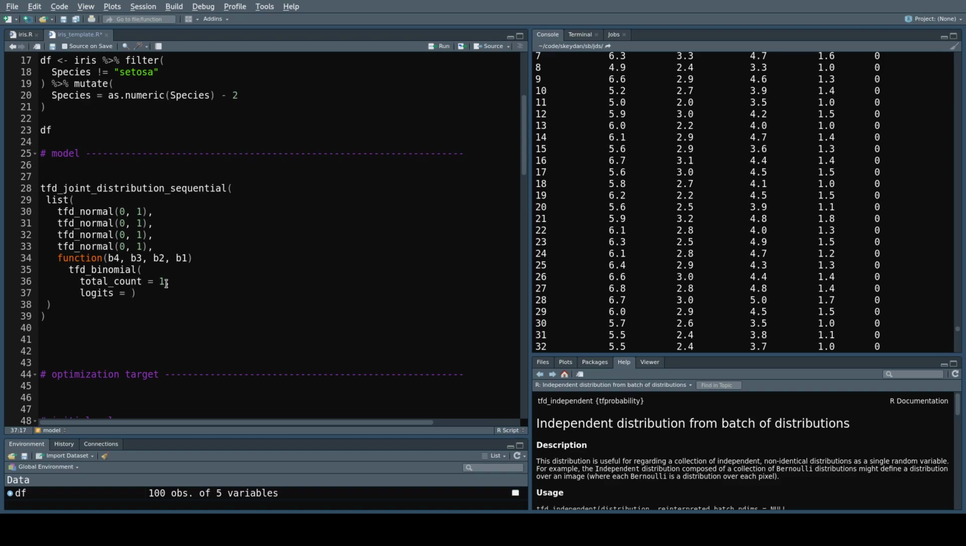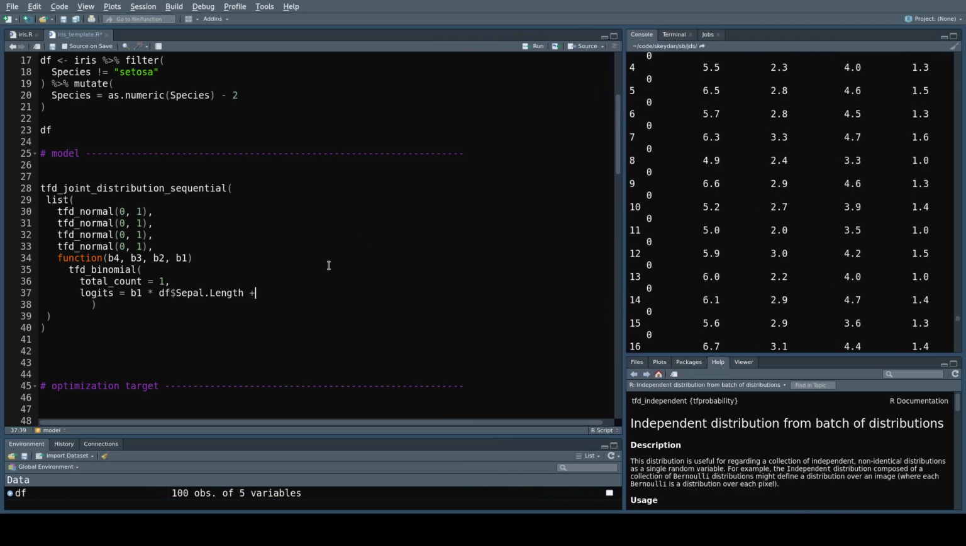Well, we need to combine those predictors using the coefficients. So this will be, let's say, b1 times sepal length plus, or I'm going to put them in one line. Let's make this a bit longer here. Plus b2 times width plus b3,